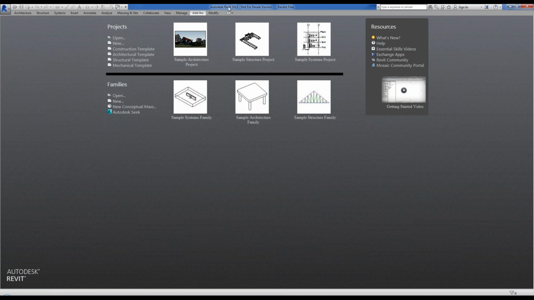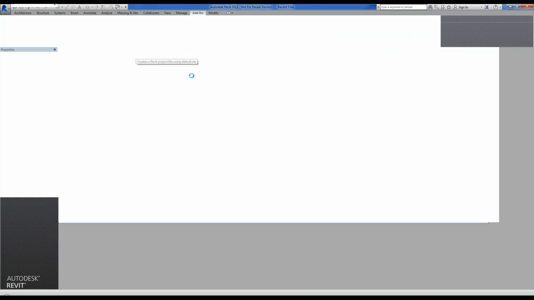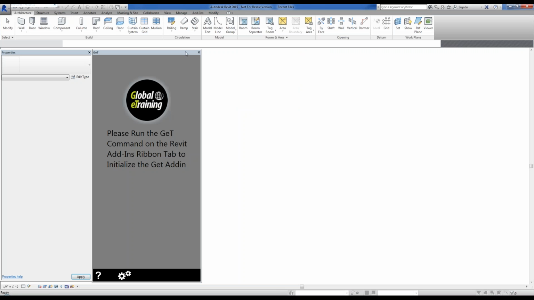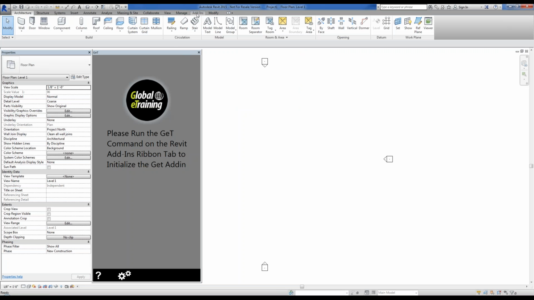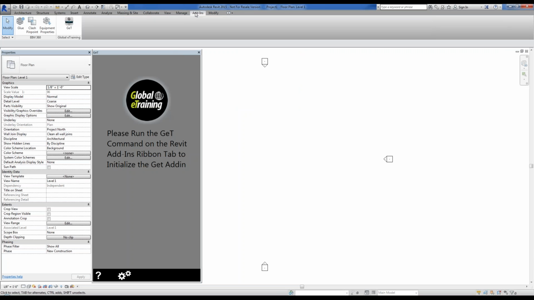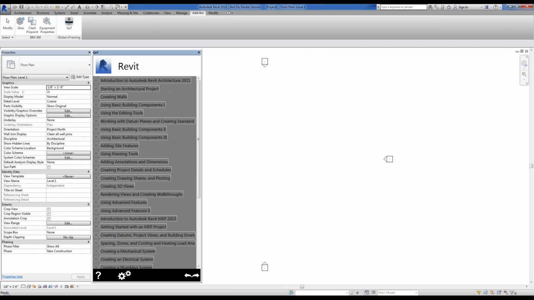Now, this add-in works like any other add-in within the software. I'm opening this up in Revit 2015. You can use one of their templates, open anything you already have. But the way to activate this is through this add-in tab. Yours may not show up if you haven't opened it before. But you go to Add-ins, click on that Global eTraining button, and then suddenly you will have the full course